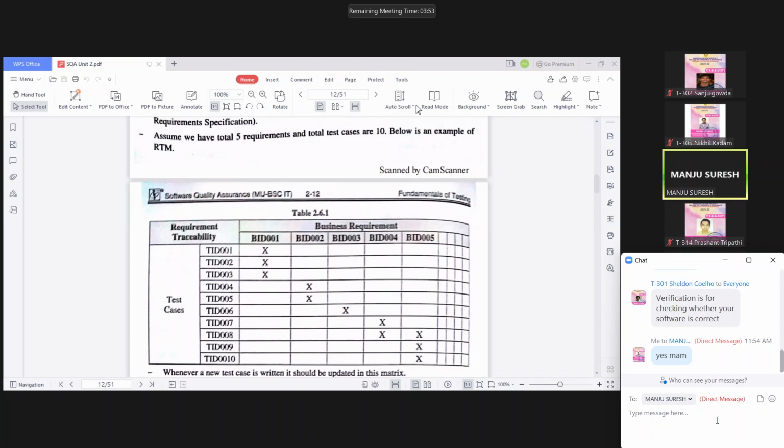See here, I'll explain this once again. See, requirement traceability metrics. It is actually a kind of document. Okay, it's a kind of document. Now, why we make use of this document? To ensure that each requirement, ये जो है business requirement defined for the system, are linked. Okay, are linked at every point during the verification process. अभी वो वेरिफिकेशन प्रोसेस या वैलिडेशन प्रोसेस जो भी हम करते हैं फॉर द रिक्वायरमेंट, वी डू इट थ्रू अ टेस्ट केस, राइट? फॉर एग्जाम्पल, ये जो रिक्वायरमेंट्स है ये किसने दिए हुए हैं? ये कस्टमर के दिए हुए रिक्वायरमेंट है, राइट?